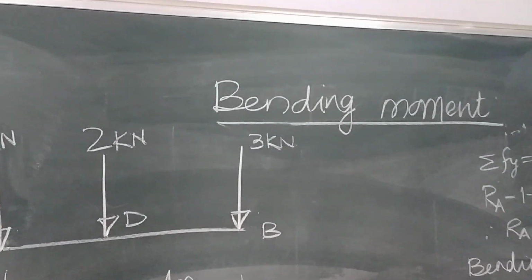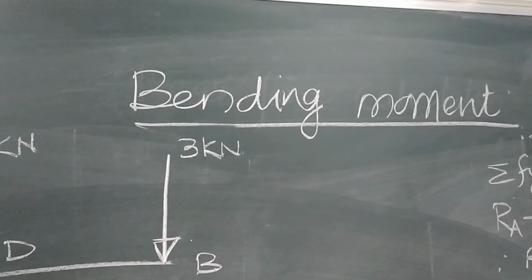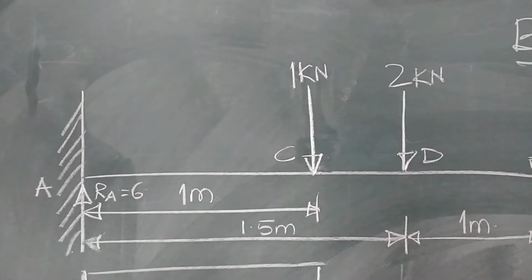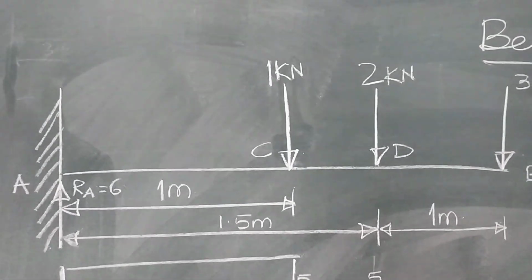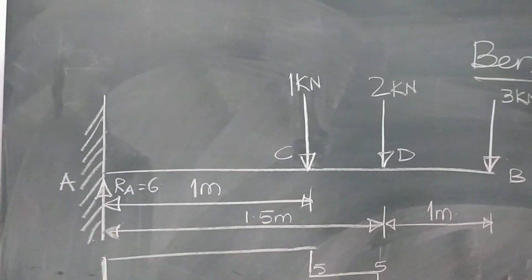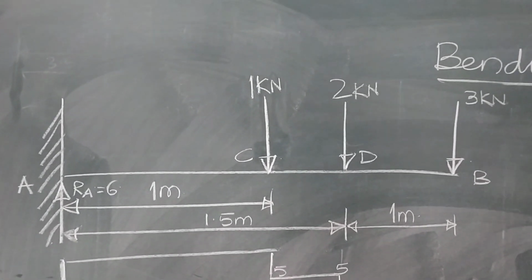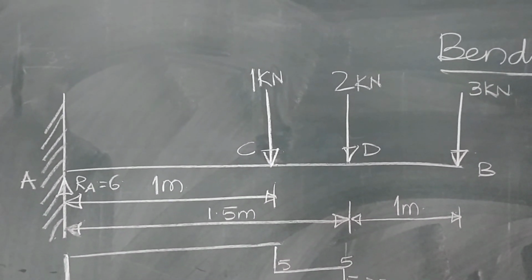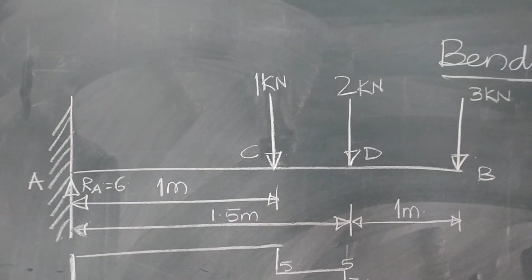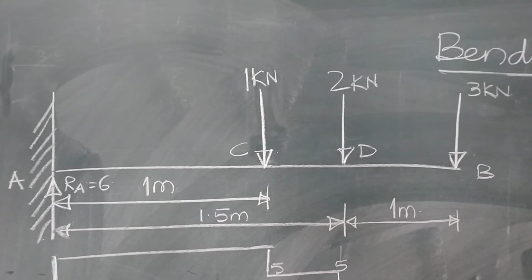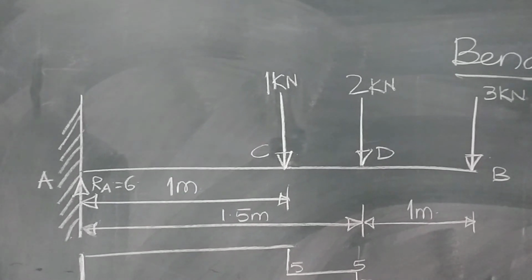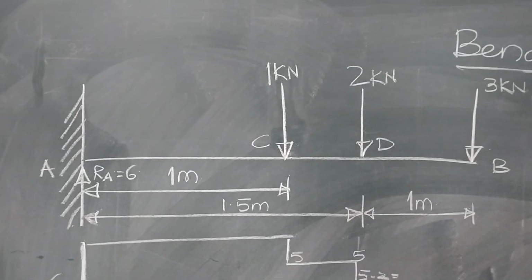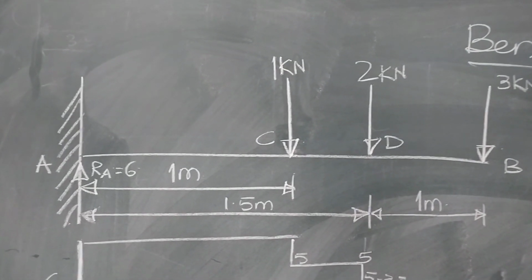Hello friends, let us now start with bending moment for cantilever beam subjected to point load. Let us consider this cantilever beam AB of span 2.5 meter length subjected to 3 point loads: 3 kilonewton at free end B, 2 kilonewton at 1 meter from B, and 1 kilonewton situated at 1 meter from fixed